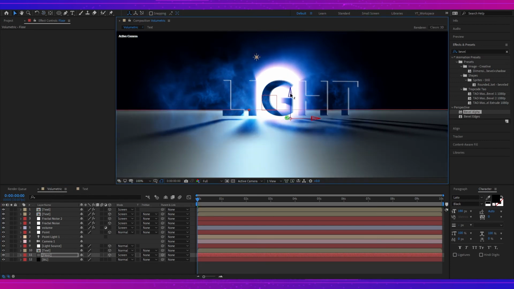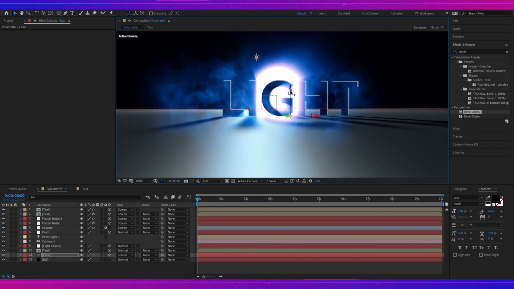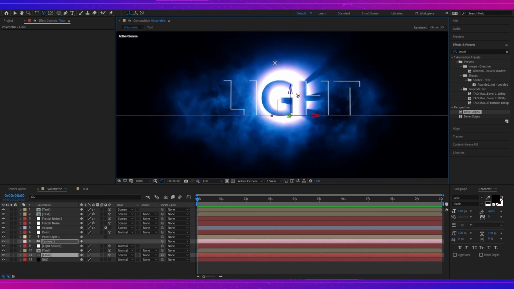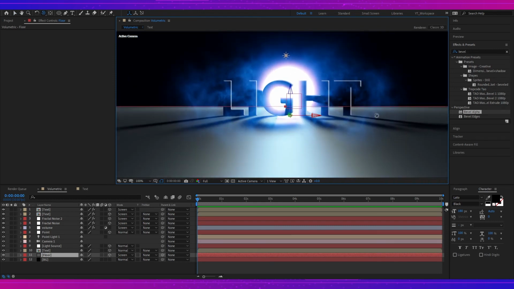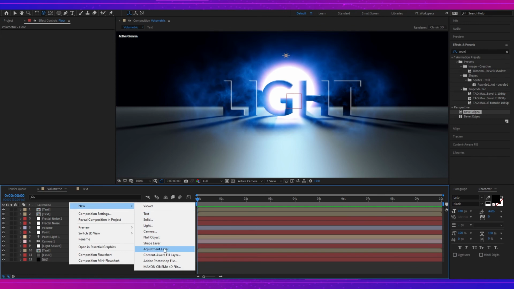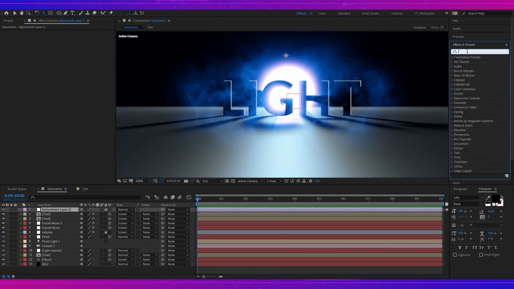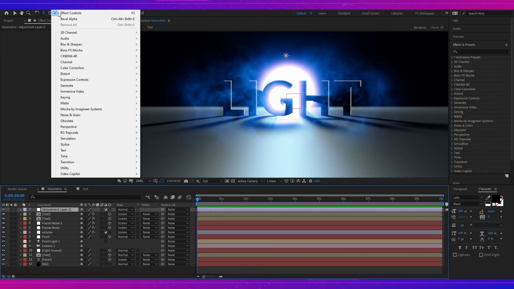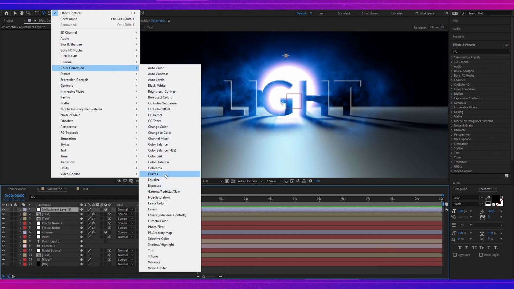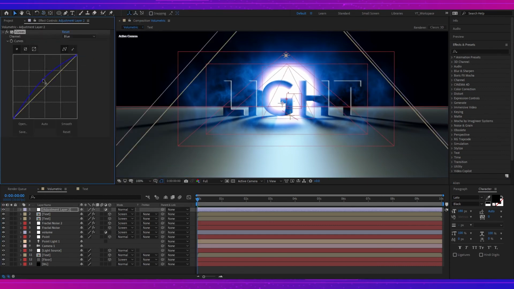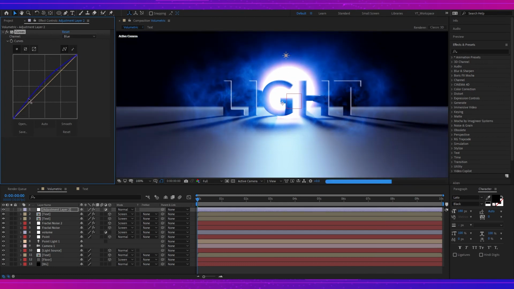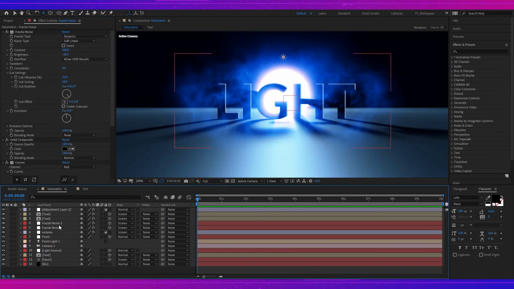Okay, so here we are back again. Let's move the floor a little bit higher, and now I will create another adjustment layer at the top and create another curve to create an overall color correction for the composition. And one thing before ending this part of the lesson,